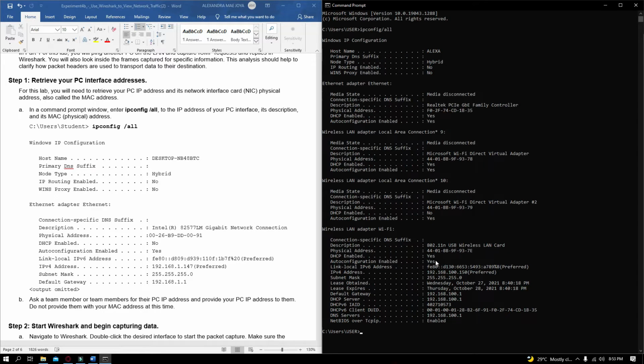Here you can observe that we have a physical address of 44-01-BB-9F-93-7E, and also the IP address is